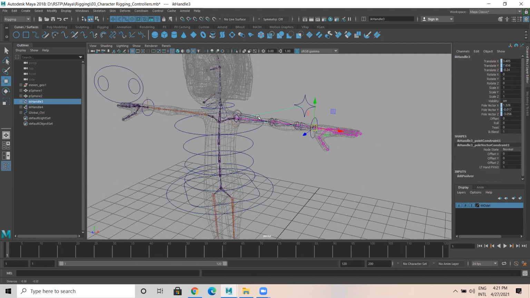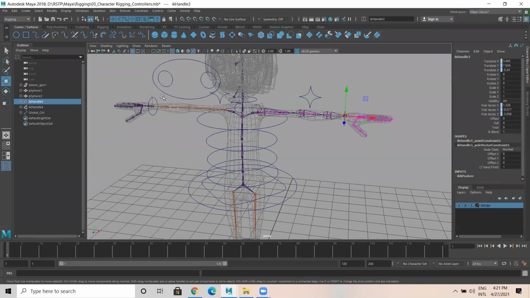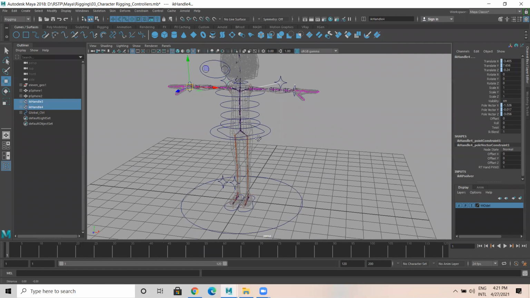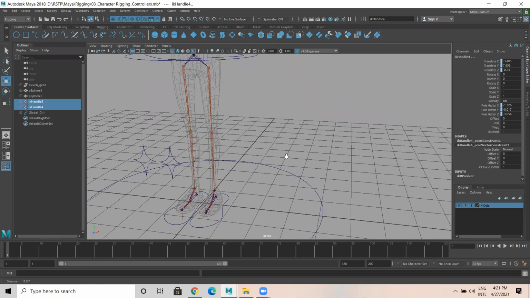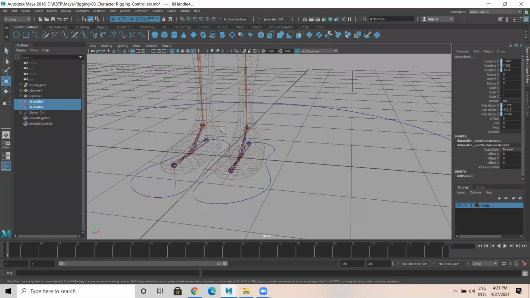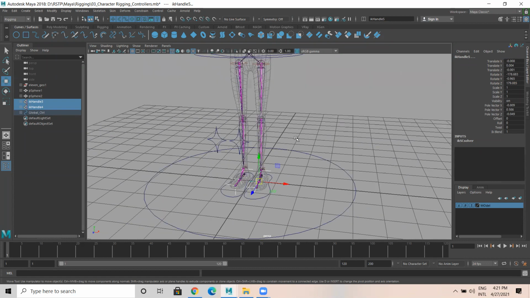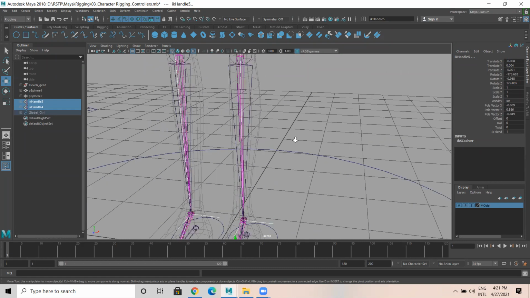Okay. Then select hand IK handle. Select both the hand IK handles, and select both the leg IK handles below. Select all leg IK handles, one leg and another leg, and the top hand IK handles.